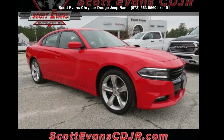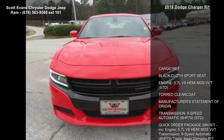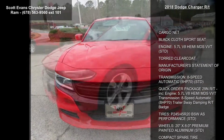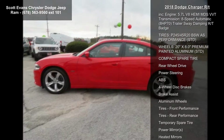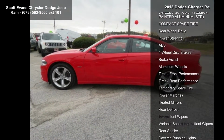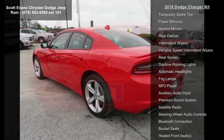Arrive in style with this Dodge 2018 Charger RT. If you are looking for a first-rate auto, this one could be yours today. This vehicle's top features include cargo net, black cloth sport seat, engine, 5.7L V8 HEMI MDS VVT, STD, Tow Clear